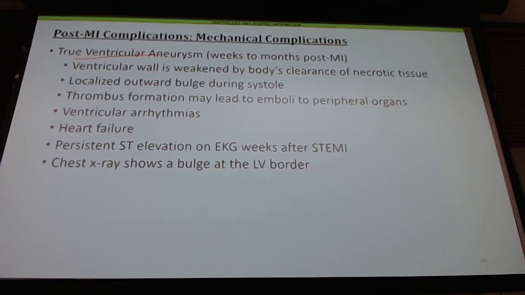But that stagnant blood can also tend to the formation of clots. When blood is stagnant, it clots. So now you have a clot that forms in this aneurysm. What happens if that clot gets out of the aneurysm and back into the ventricle and gets shot out of the aorta? Stroke. And we'll talk about some other types of diseases in our next lecture that are like other artery strokes you can see that affect vital organs. So that can develop.